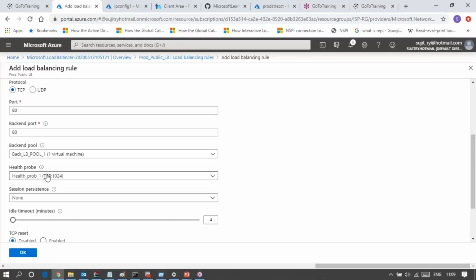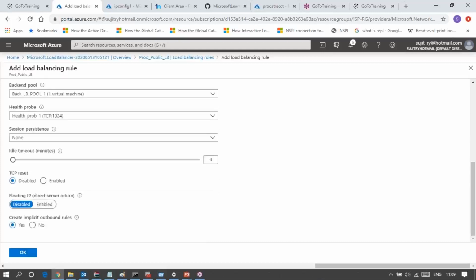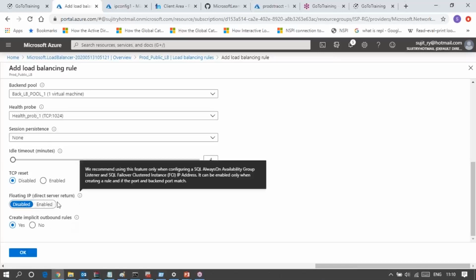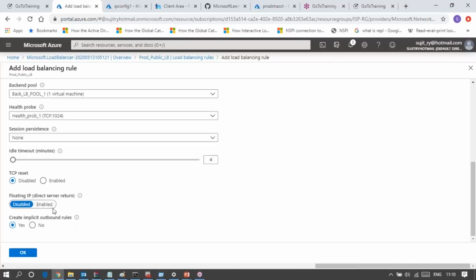But in this layer 4 load balancer, the Azure load balancer, we have only a health probe to understand the backend pool health, and if everything is good, then using round robin they distribute the load. We don't have any other rules available, but yes, we have create implicit outbound rules and direct server return. I will come to these two points.